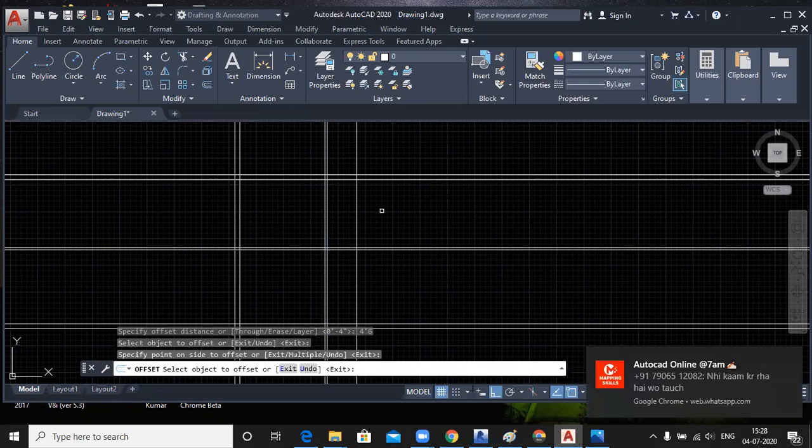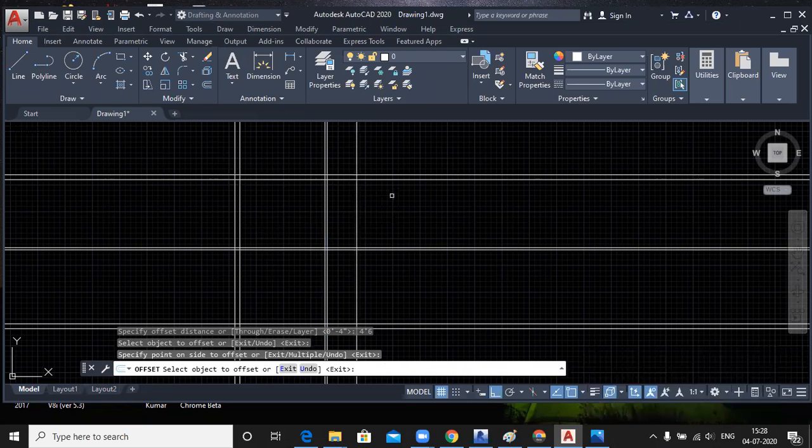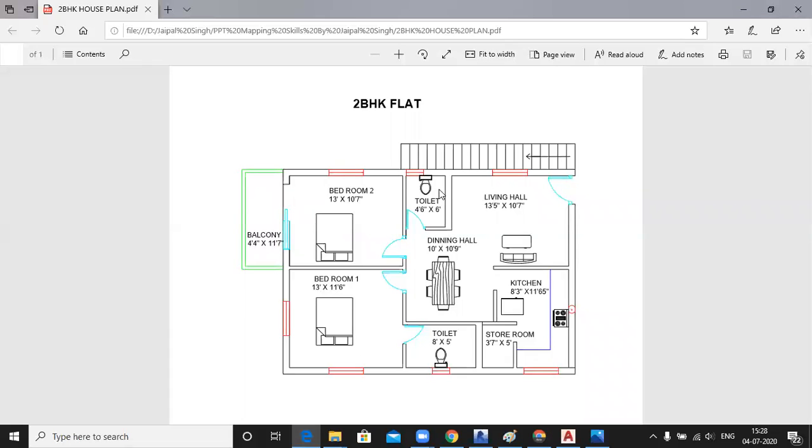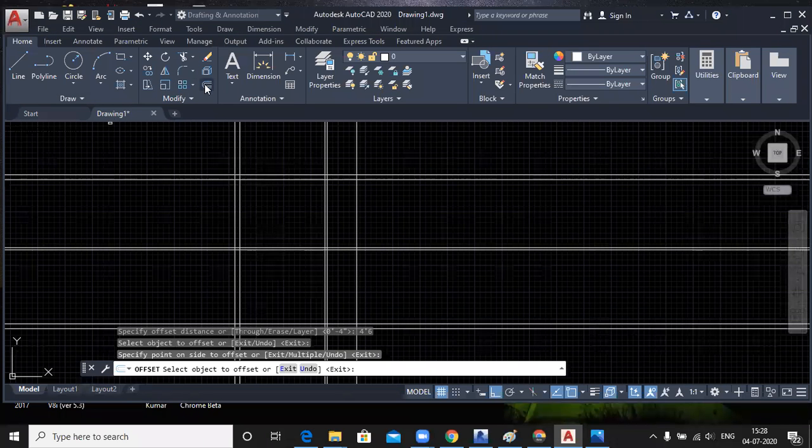Okay. And again we have to create the 9-inch wall because this is your external wall. This is your roof. This is your second wall of your toilet, which has 9-inch thickness. Offset 9 inch. Sir, a partition wall should be 4 inches, right, sir?